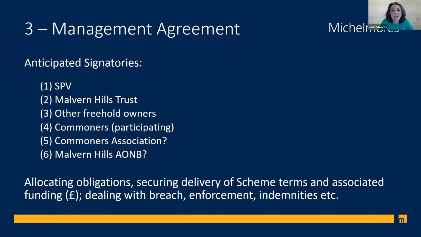And we anticipate that indemnities would be given between the signatories to the landscape recovery scheme to ensure that any losses suffered by the wider group in the event of a breach by one party would be underwritten and reimbursed by that defaulting party. And we think it should be possible for there to be some ring fencing of the scheme budget, perhaps. So certain aspects of the scheme could be ring fenced to particular participants. So you could have separate funding pots, ensuring that they aren't jeopardised by the breach of a more remote or less closely linked part of the scheme. If there's a breach in one aspect, it doesn't jeopardise others.